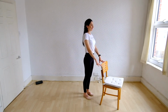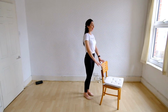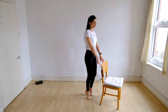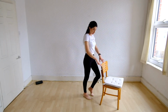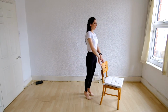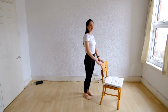Hands on the chair, ready to work through our feet to begin with. Here we go. And lift. Switching over. Good. 6 and 7. 8. Joining up. And lower. Rising up, lower, rising up, lower, last time up, bending those knees, and up, lower, lovely, coming around